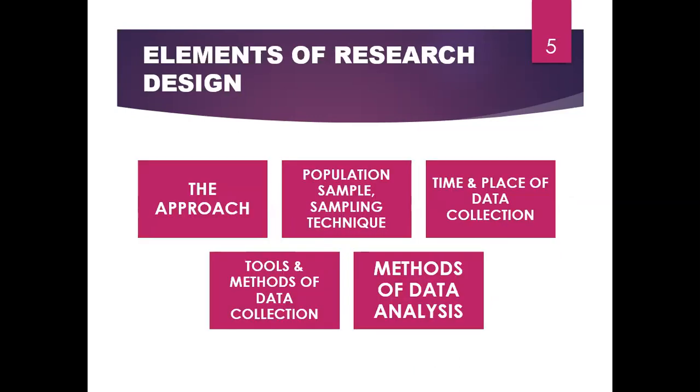Coming to the elements. So what are the elements of research design? To start with, it involves the description of the research approach. So what is the approach being used, whether it is quantitative, qualitative, or a combination of both the methods, which will depend on the problem statement, and also variables to be tested, the research approach. Coming to the population, sample, sampling technique. So it provides direction about the population, sampling technique which will be used for the study, and also variables to be selected.